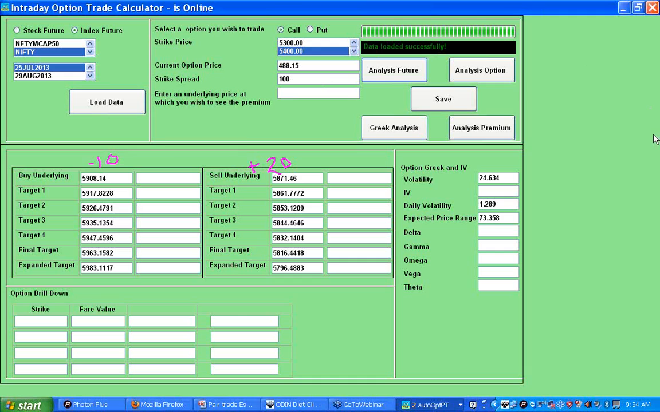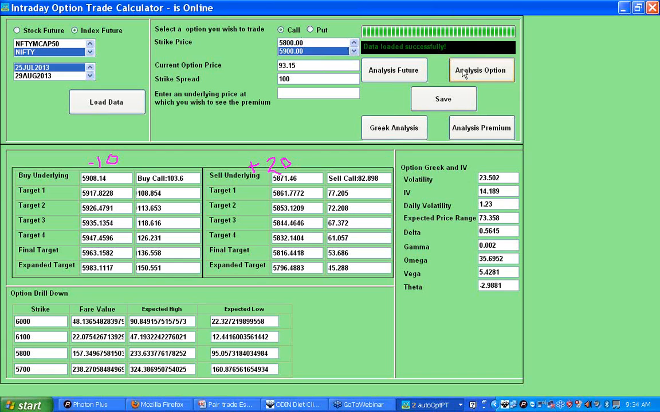So let me go to the nearest strike. 5900 will be the nearest strike. I will just hit the number 5 on my keyboard so that it takes me to the 5900 strike, and analyze the option. So this is telling me to buy the options,